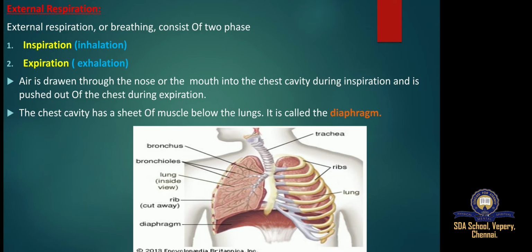Let's look at how the diaphragm carries out these various important functions. So, functions of the diaphragm. The diaphragm is the main respiratory muscle that allows us to inhale and exhale. This is done by the contraction and relaxation of the muscles, creating a vacuum that sucks air into our lungs through our mouth and nose.